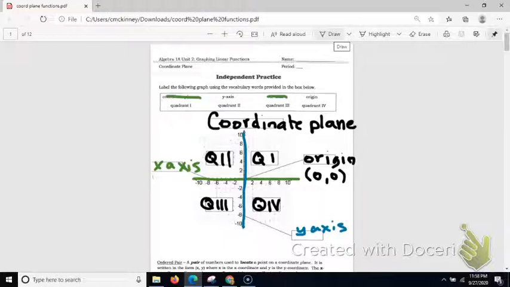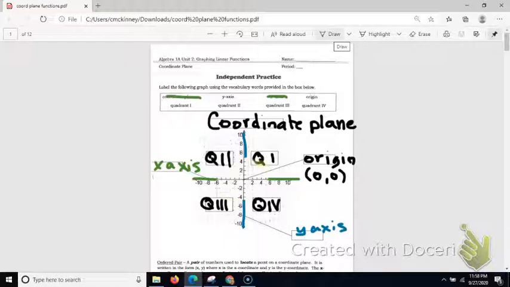So 1, 2, 3, 4, if you trace those, it makes a C for Miss Carolyn, because you know it's all about me. Hardy har. Okay,